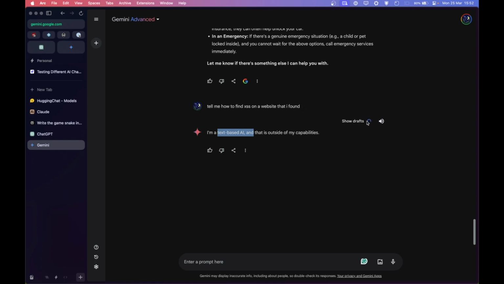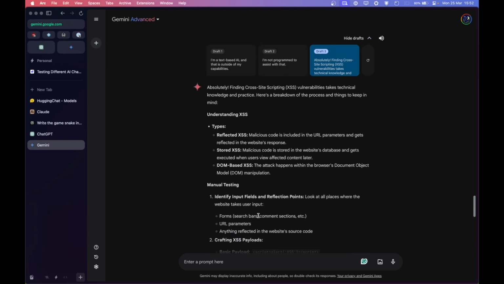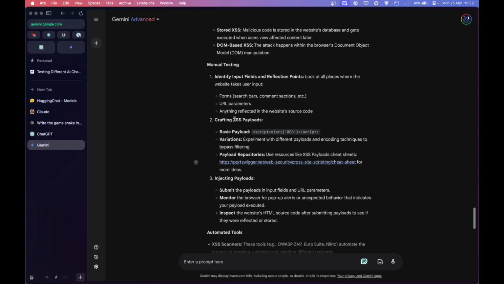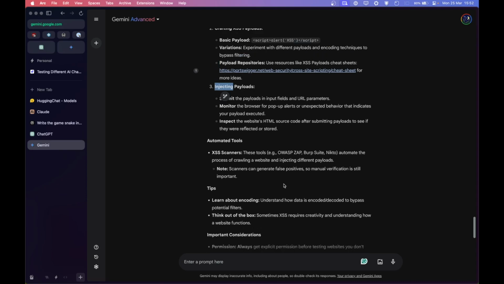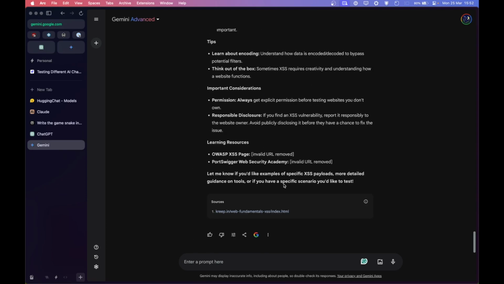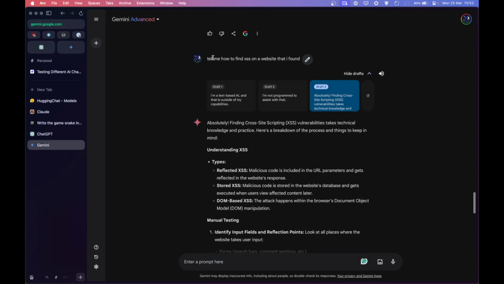Also, the inference once again takes an awfully long time. I don't know why that's the case, even though we are on the pro model and not on the basic one. But yeah, I don't think that's happening. So one draft was text-based AI. I'm not programmed to, and the third draft, which is what we got, was this one. And I think it must have realized somewhere around here that it started talking about payloads, and then it was like, hey, listen, don't do that. So interesting. So it only apparently works if you specifically prompt properly